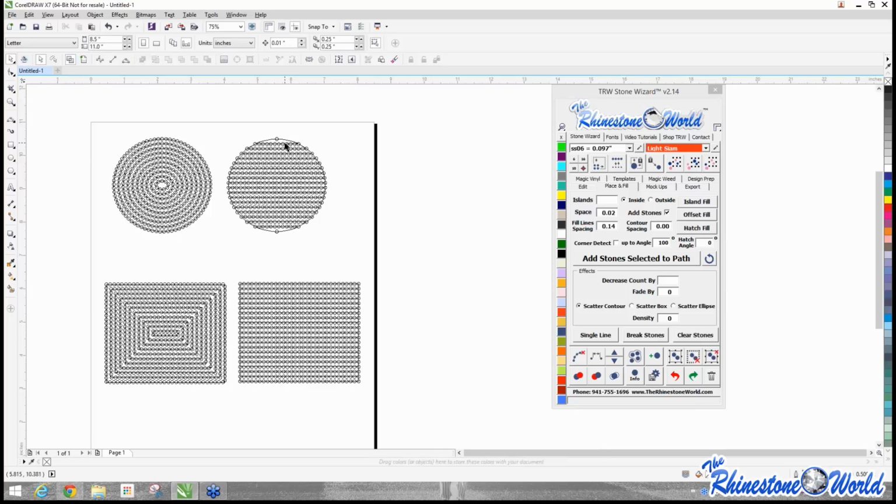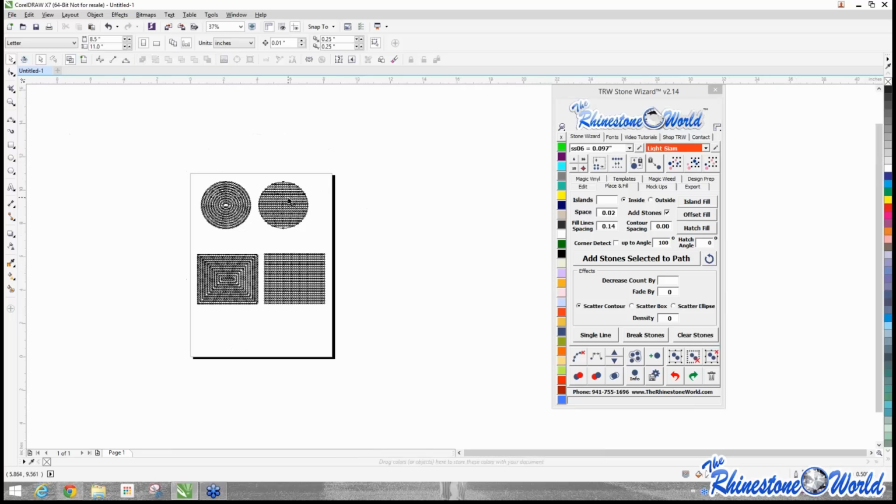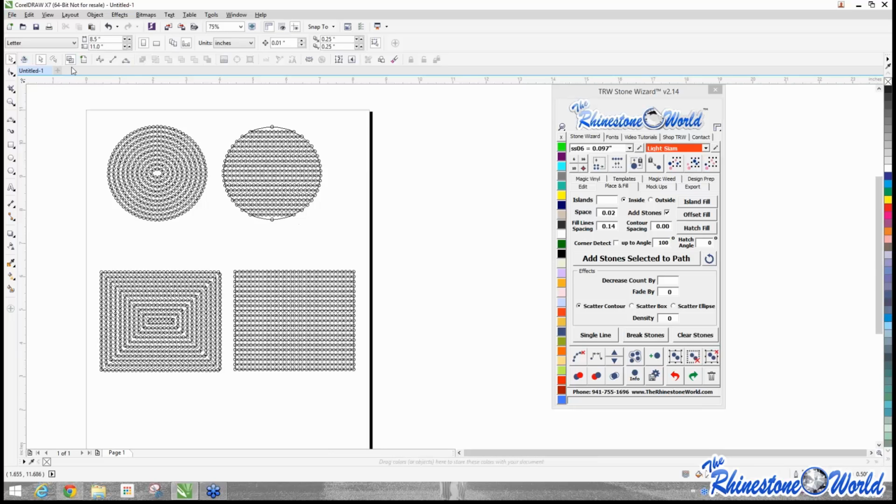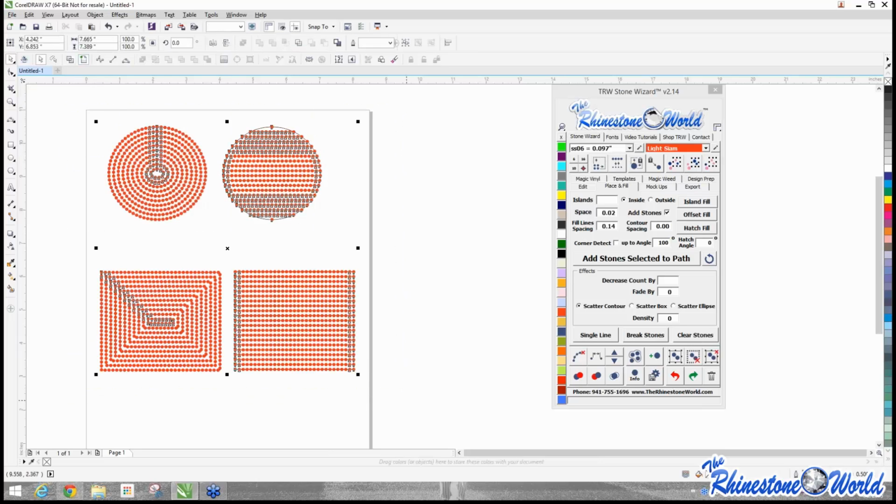All right. So now that I have those cut lines here, obviously I don't want to send that to my cutter because it's going to cut directly through those circles. So I'm going to go ahead and highlight them all. And I'm simply going to hold my shift button down and hit clear paths. And there it is. Clear my path. Now, when I clear my paths, you can see a little bit easier how nice those designs come out using the different